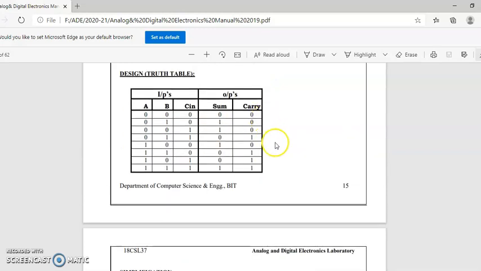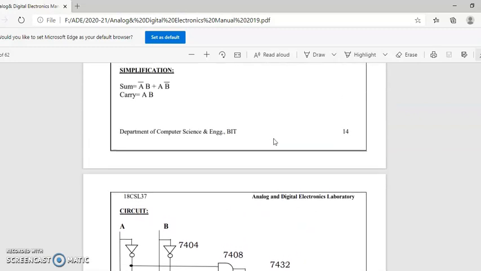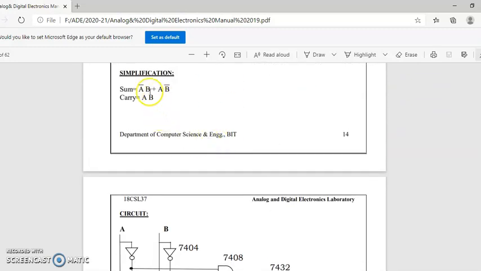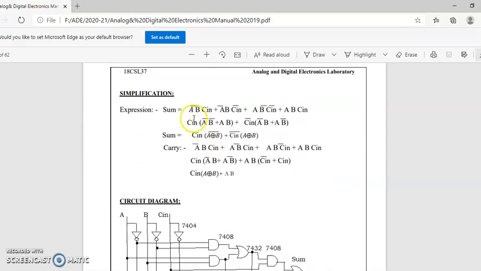So now you have already learnt the K-map. You can write the entries into the K-map and simplify, or else what we do in this, we already find the expression for this half adder. So we'll try to simplify the terms so it will be easy for us to do it on the real hardware components. Once we realize the circuit for a half adder, by retaining that circuit, we can extend further in order to do it for the full adder.